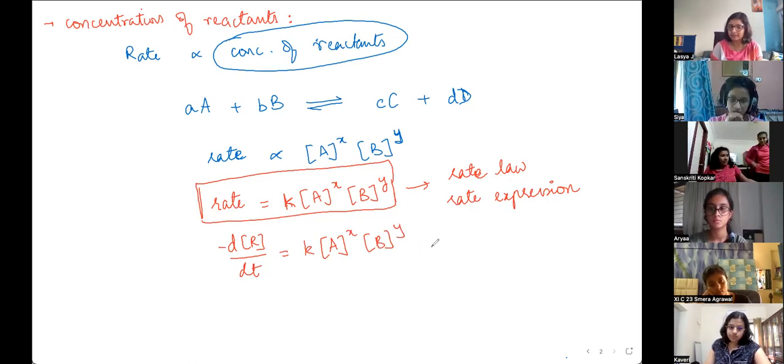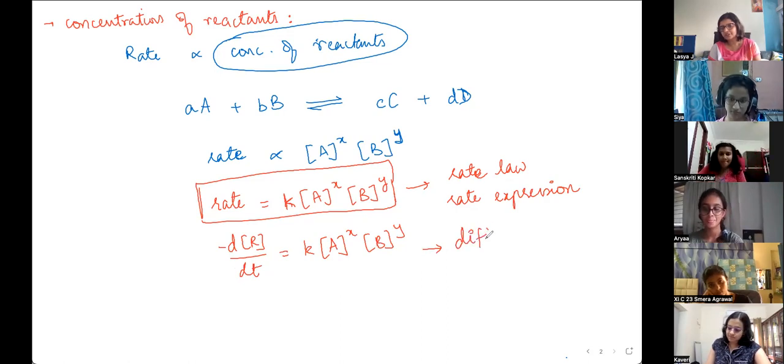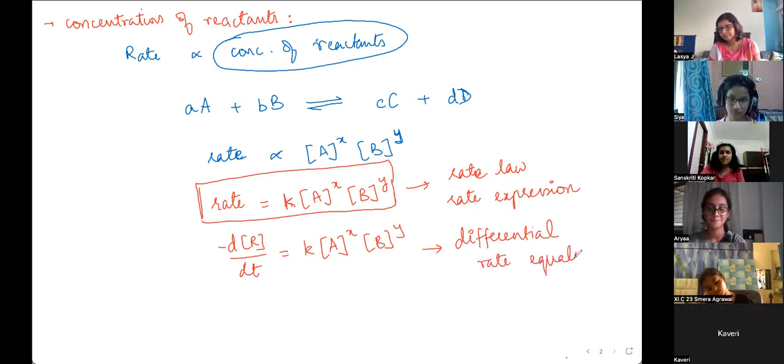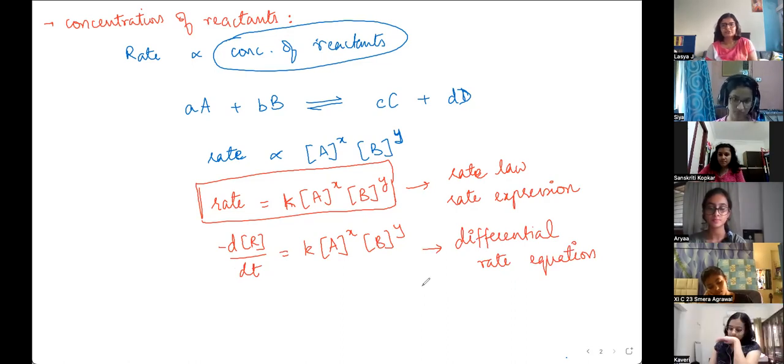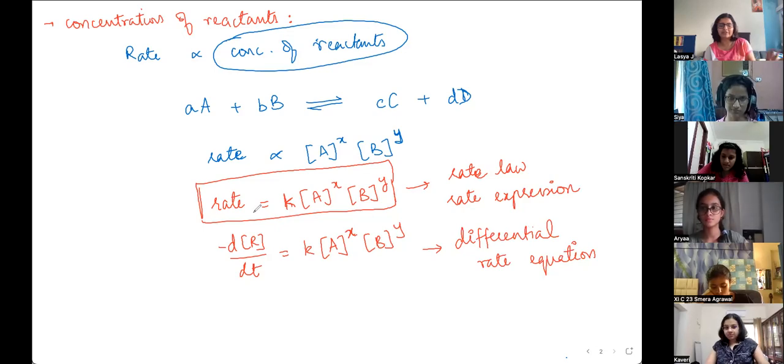And when it is written in this form, this is called the differential rate equation. Depending on the values of x and y, the integrated forms will vary. So after integration,